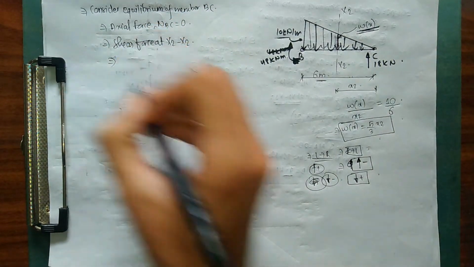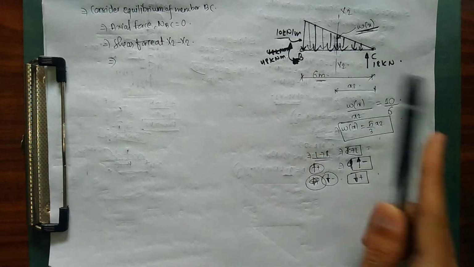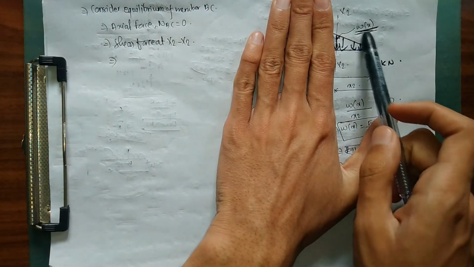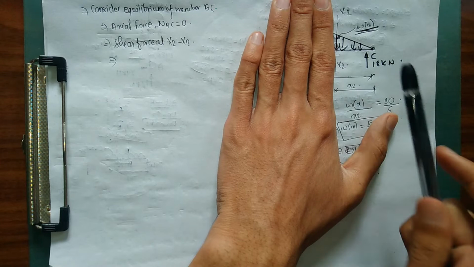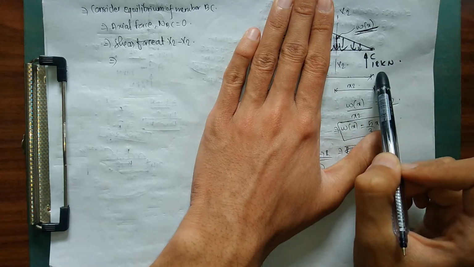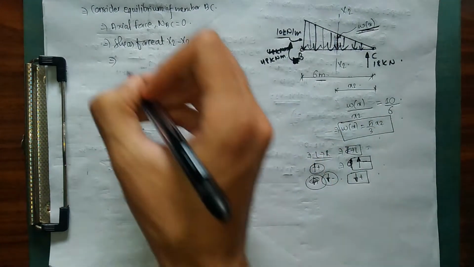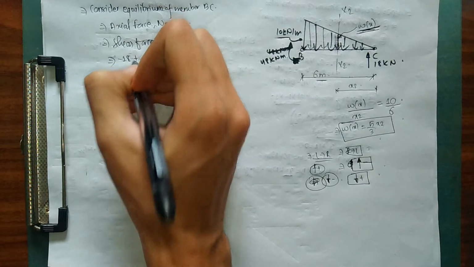My shear force: I am moving from C till our section x2. Don't look at the rest of this portion, we are only going to deal with the portion up to x2. So from C to x2, I have my 18 kilonewton acting upward. As I explained before, upward forces are negative, so I am going to write it as minus 18 plus,